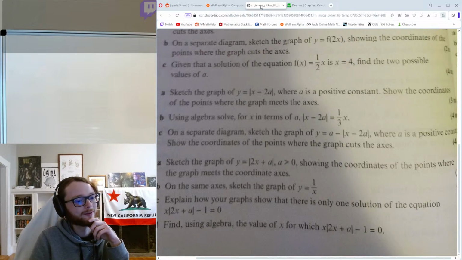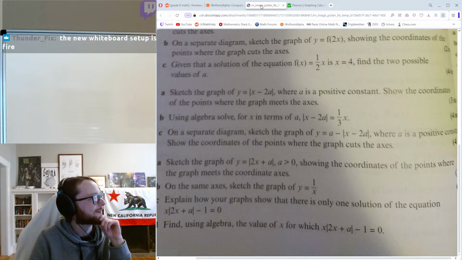That's so weird. The new whiteboard set is fire. Oh, I'm glad to hear that. I really want to get some lighting and it could still use some upgrades, but I'm really happy with being able to stand up and move around and do things. Ever since I bought the whiteboard, that's been what I wanted to do. It's just hard to get done as a renter where I can't drill into the wall and actually like mount it, but